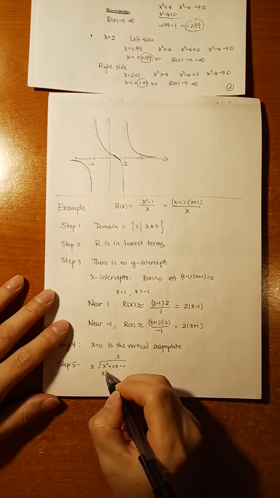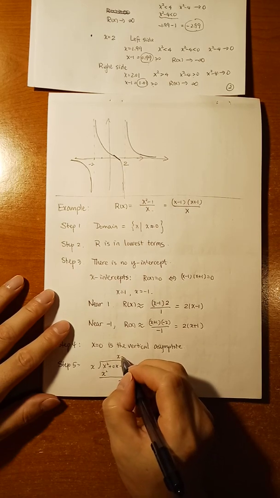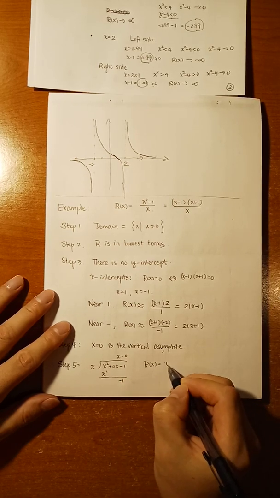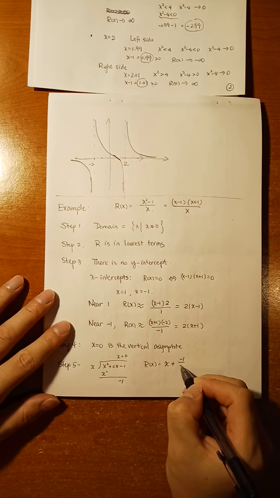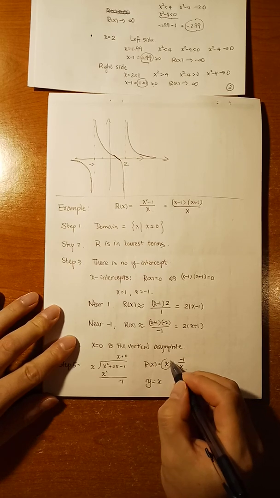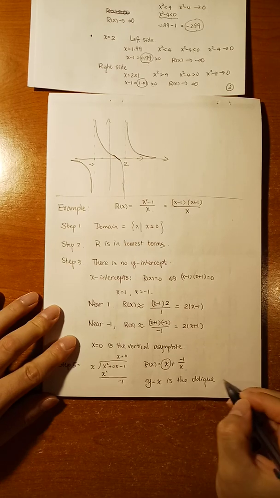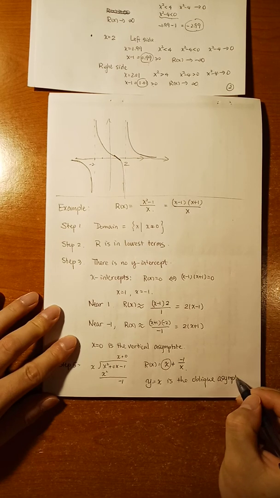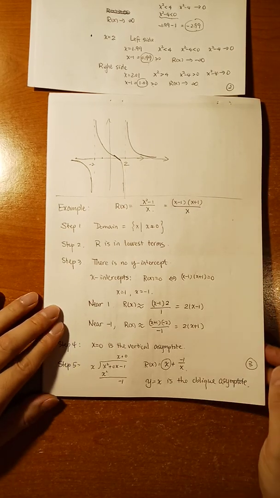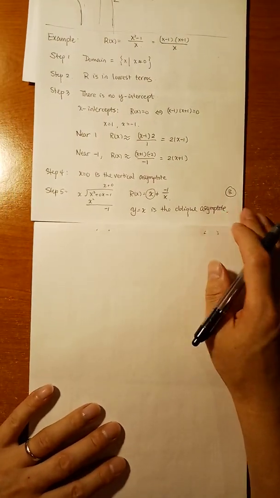So you divide x squared by x, you get x. So the rational function is equal to x plus negative 1 over x. Okay, so we get y equal to x. This part is the oblique asymptote. Okay, after we have the oblique asymptote, we have to check if this oblique asymptote intersects the